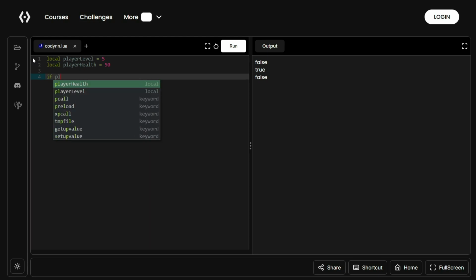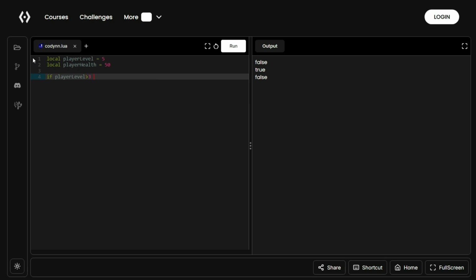So if player level is more than 3 and player health is more than 30, then we can print out you are eligible for a bonus,